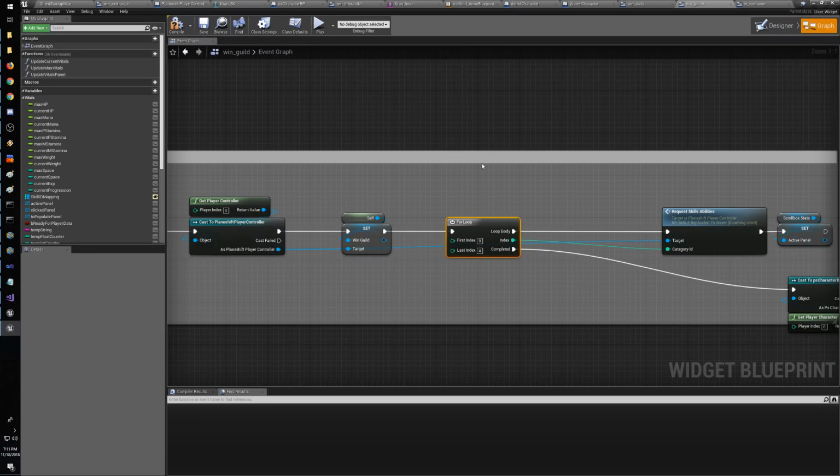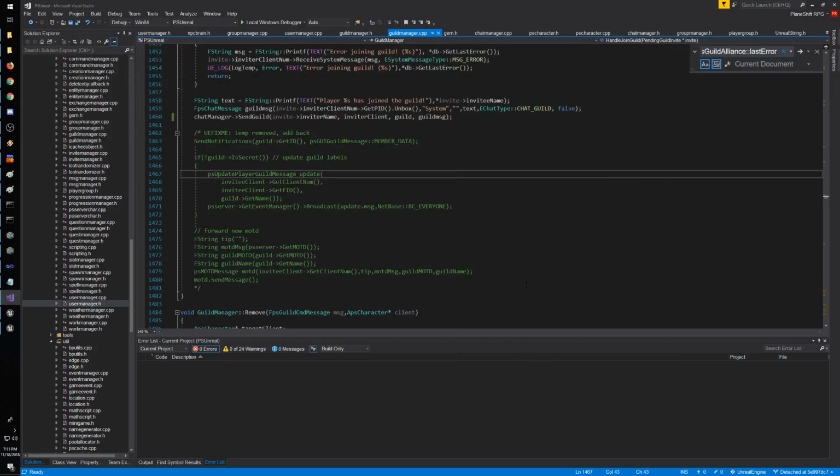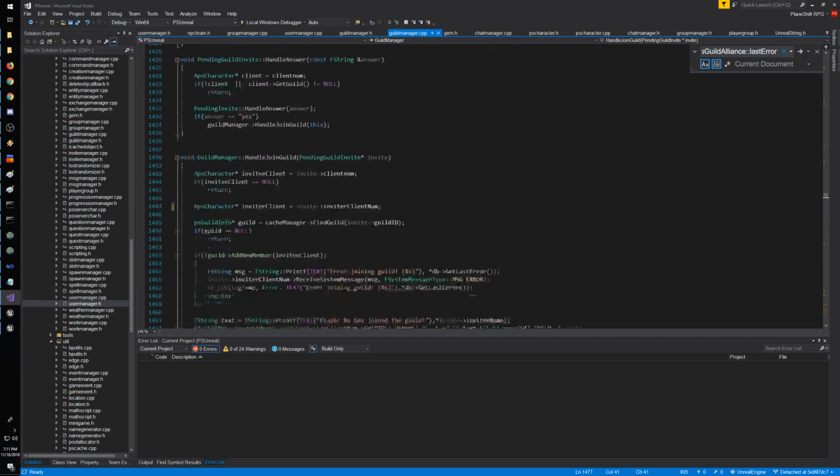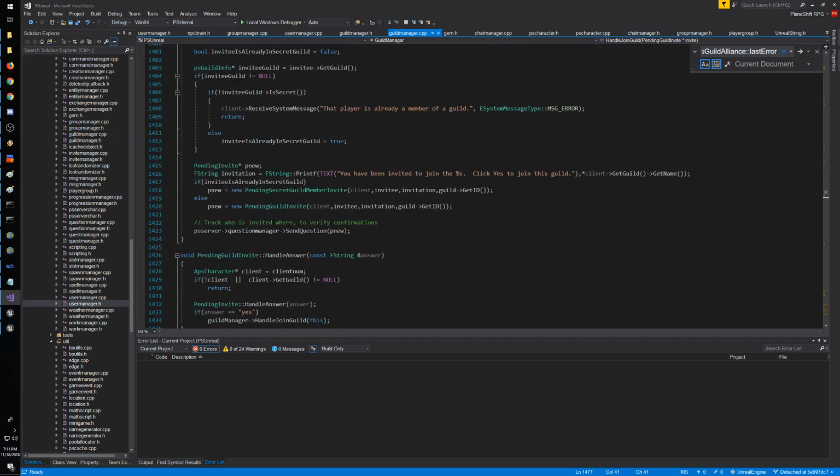Can we do it the same? No, I think we'll be just one call, right? I don't know. We should check on the server if it's one call or not. So when we ask for guild information,